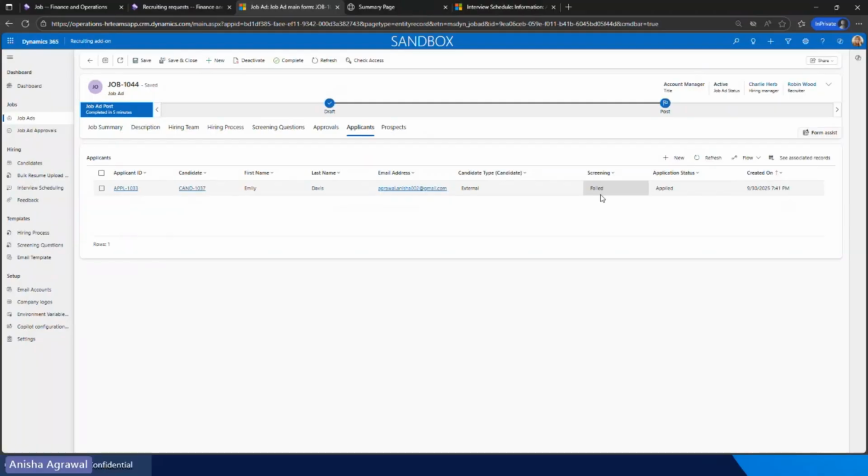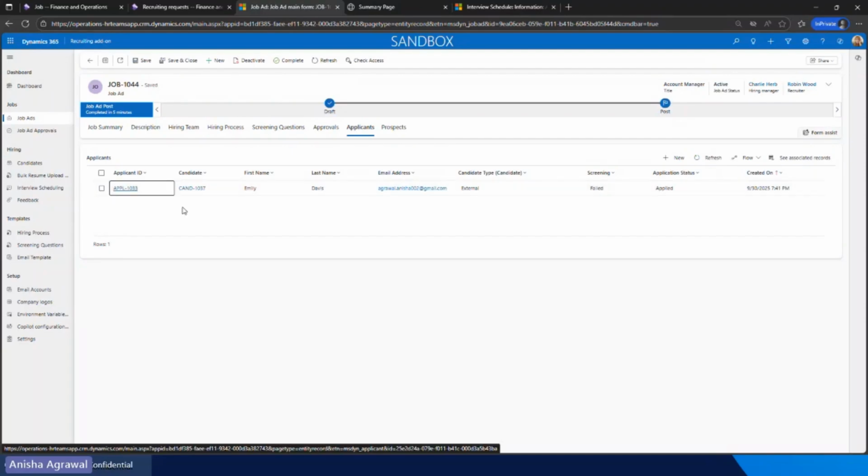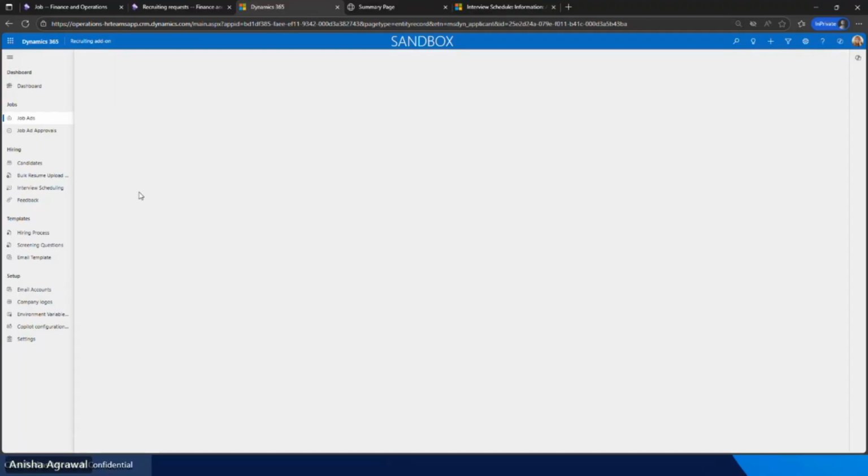If the screening question has a qualifying answer and the candidate's answer is not up to the preferred answer, then the screening question will be failed. She can also verify which questions she has gotten wrong from the activities. So we have activities inside the applicant,